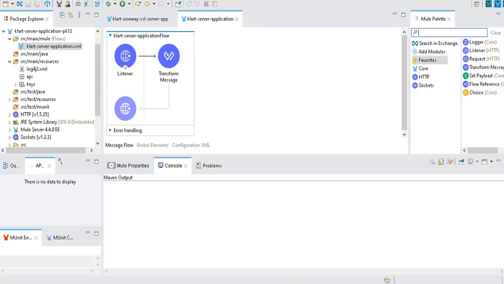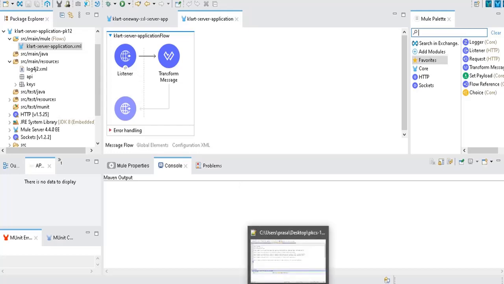Let's get started. As we have seen in our previous two videos, in order to implement one-way SSL or two-way SSL, we need the private key, public key, key store, trust store, and certificate. In this video, first we will see what is one-way SSL.